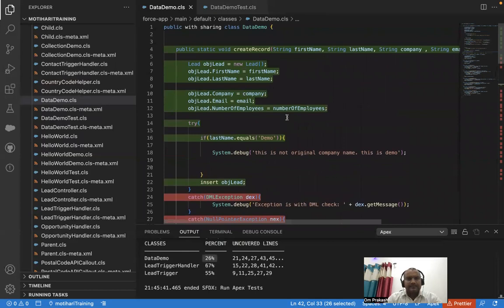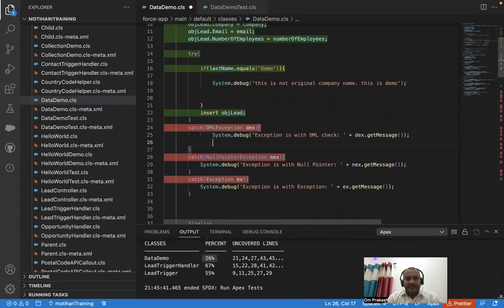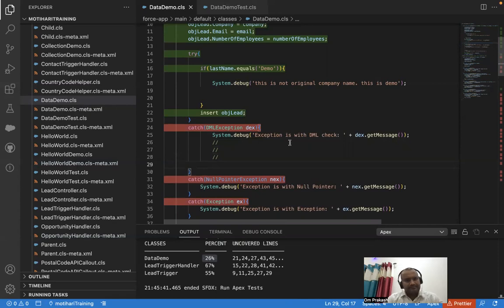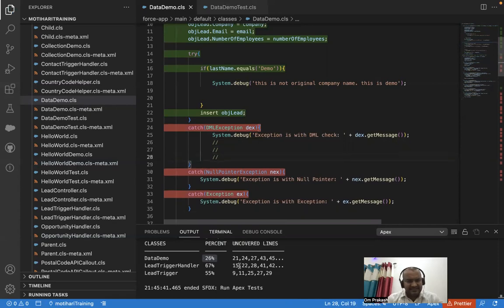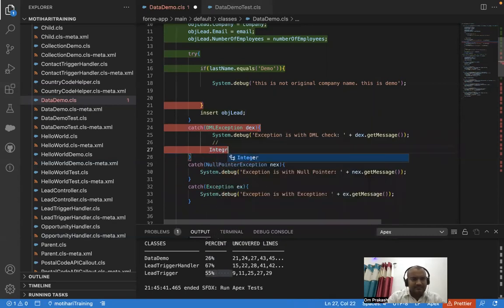Now I need to cover this exception part also. Just assume here there are 5 lines of code. Then you will not get such a percentage, 55%. You will not get. Maybe let me write here integer, just integer count equal to 10